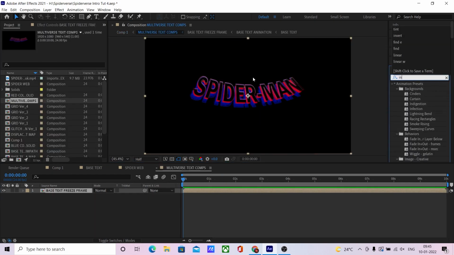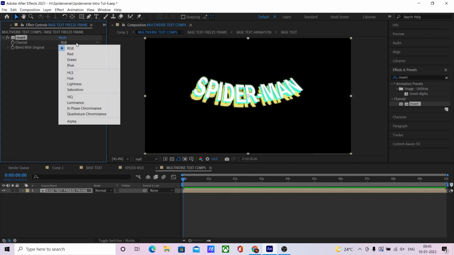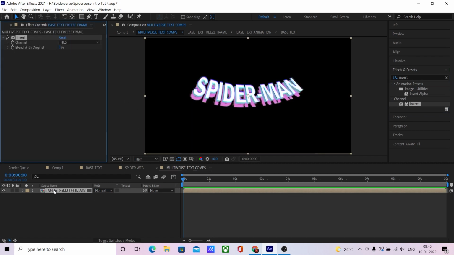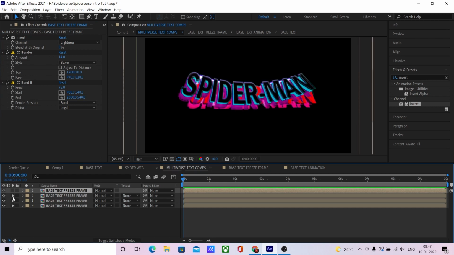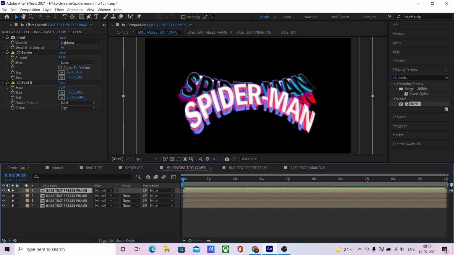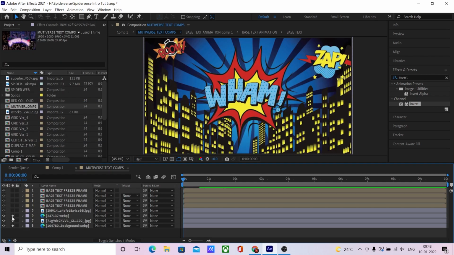Now let's create the multiverse glitches. Apply an invert effect to the freeze frame comp to get a new variation of the final look, a new Spider-Man. In a similar way, I created a few more variations of the final look using invert effect and bend effects. I also imported a few random images,